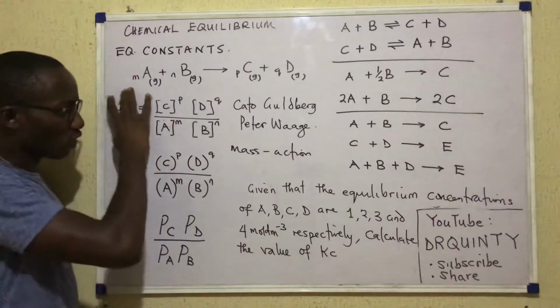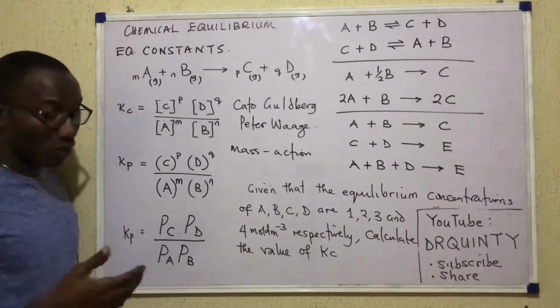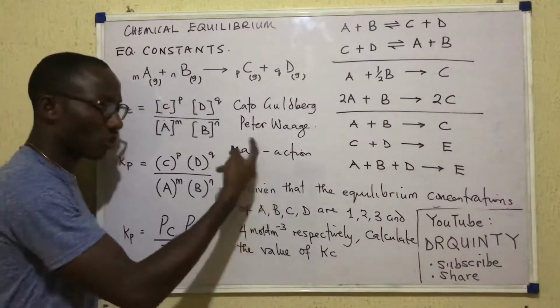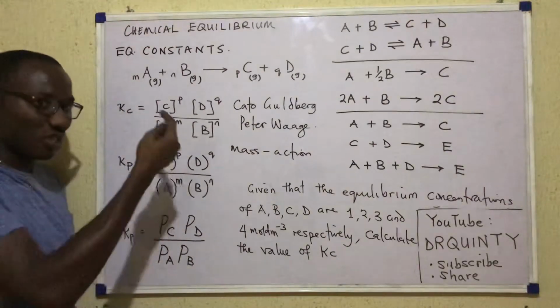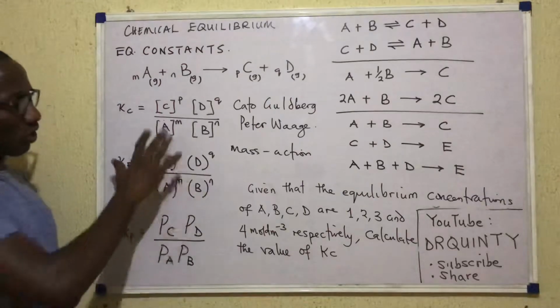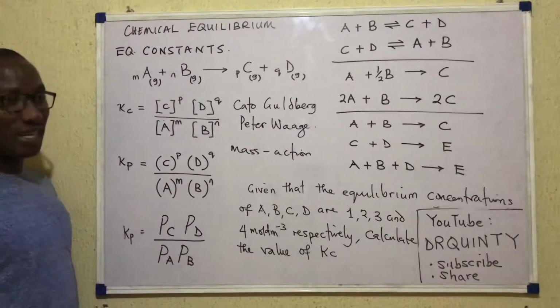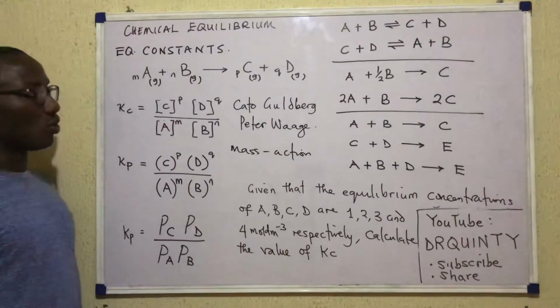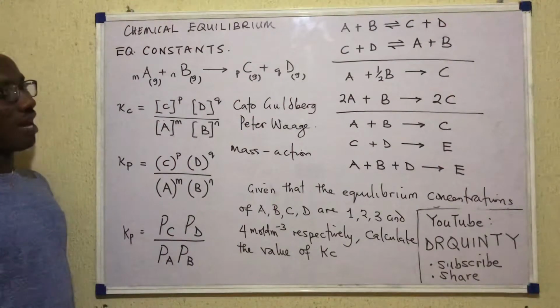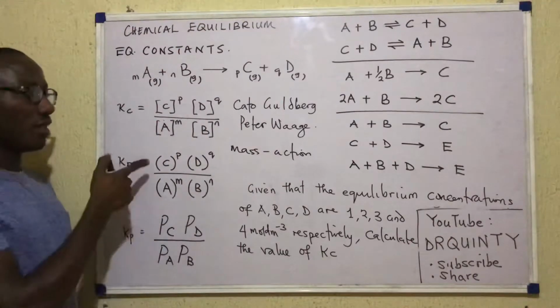So this expression we are looking at, we call it the equilibrium constant expression, Kc expression, or mass action expression, because that expression is written according to the law of mass action. So the law of mass action is what we are seeing in an expression here. So that's how we write the Kc of a reaction. You take the products, and if they have any coefficients, raise them there as powers, and the reactants should do